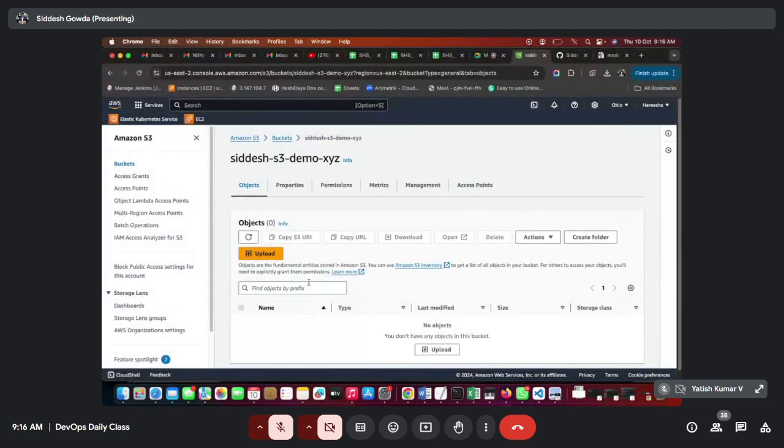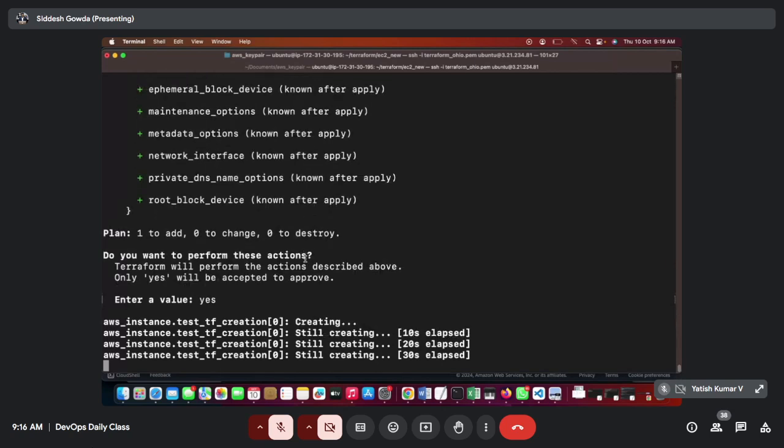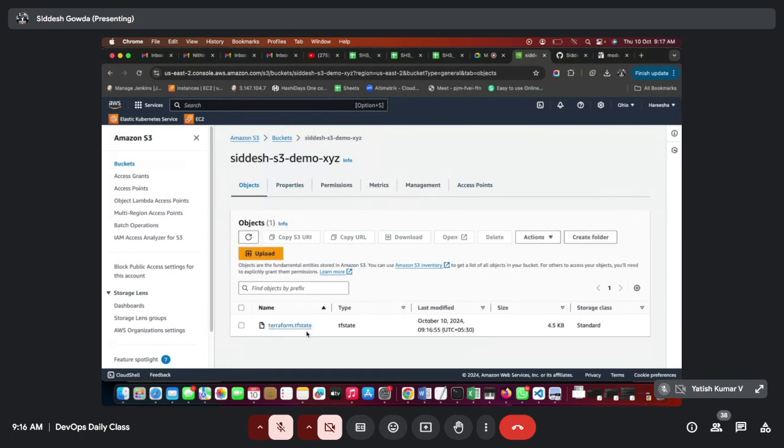Still it's creating. Okay, we'll see the terraform tfstate file has been automatically uploaded here. Okay, you got it. In this way we will secure our terraform state file. This will hold the lock. Now if anyone tries to pull the terraform state file from